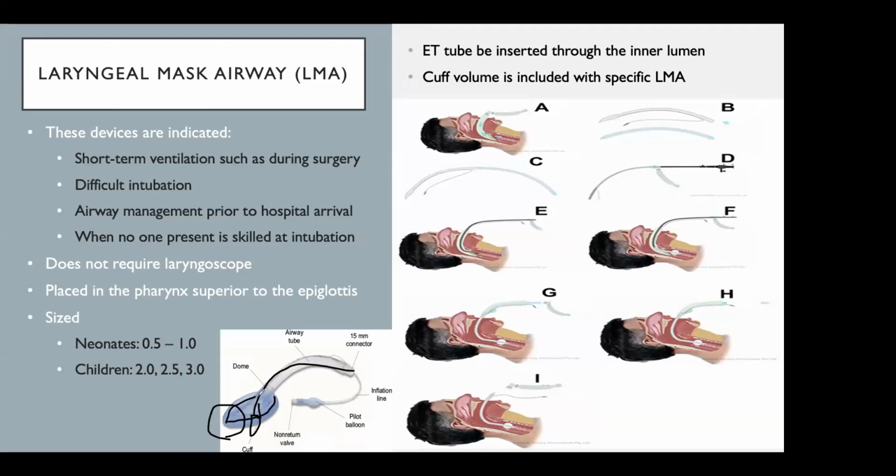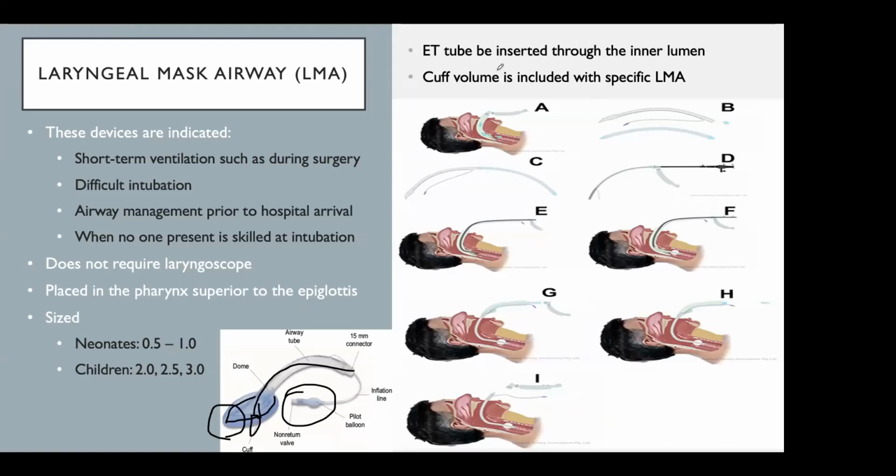These are an excellent adjunct to intubation. A lot of these will come with their own syringe. It'll tell you exactly how much air should be used for whatever type of device is being used. For neonates, they're quite small. But just like with everything else, we look at 0.5 to 1 for the neonates and 2 to 3 for children, or the child age population. Any one of these that I've ever used comes with its own syringe and